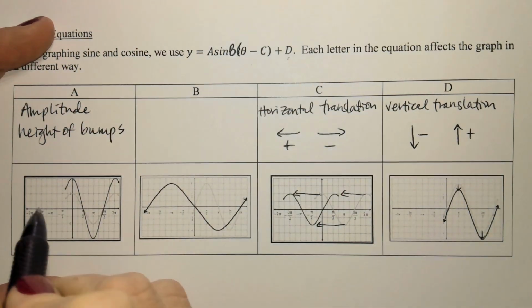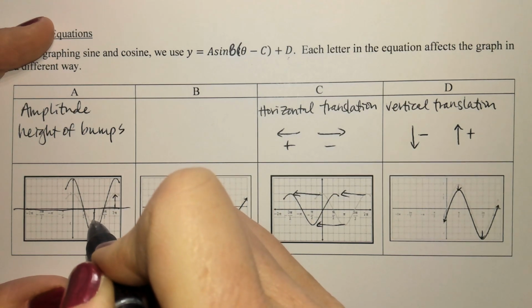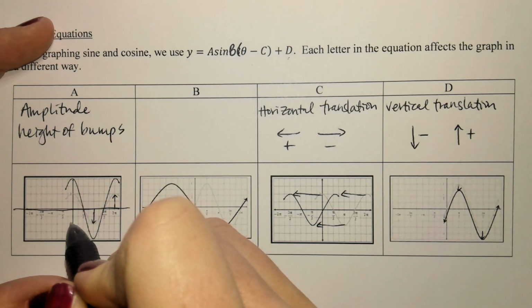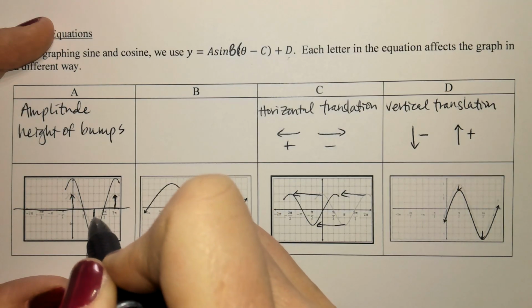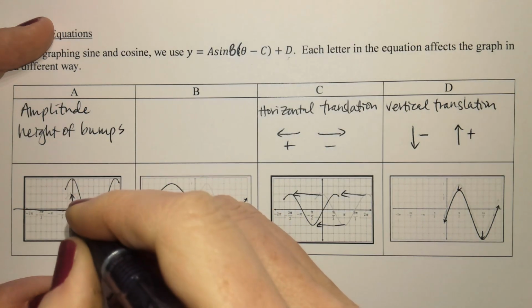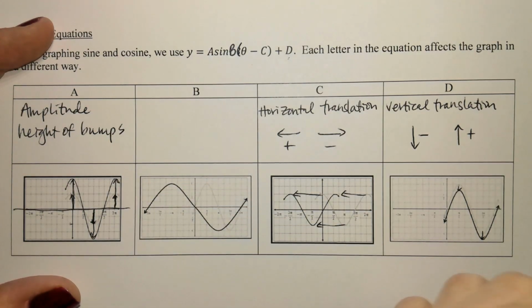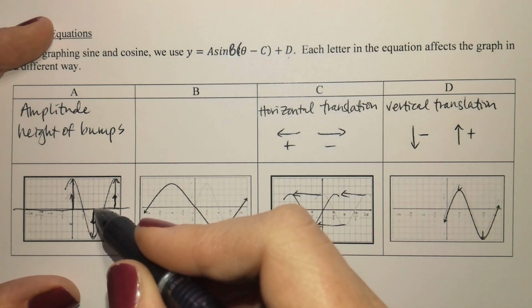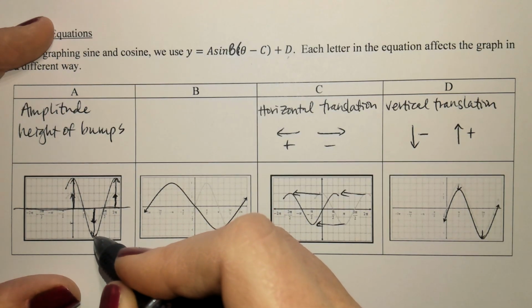So how much space from the middle, how tall are these bumps? The original function is a height of 1 right there. Height of 1, height of 1. Even though it goes downward, the height is still 1. And then it looks like the next one now has a height of 2. Looks like we were just stretched out. So the amplitude would be 2. You're just talking about the space, or how far it is from the midline out to the top or bottom